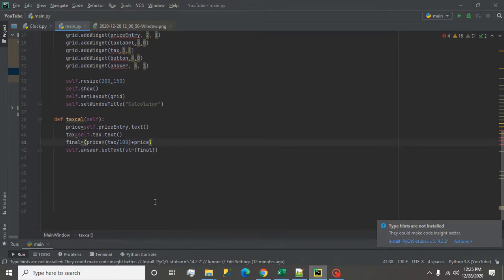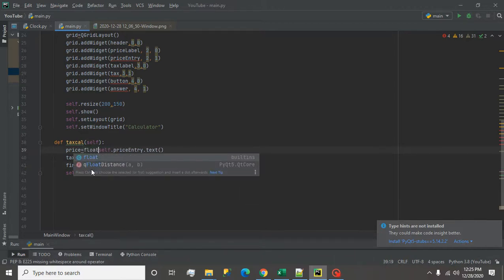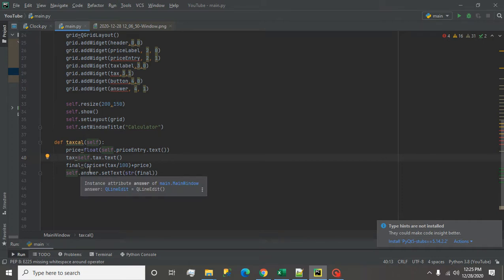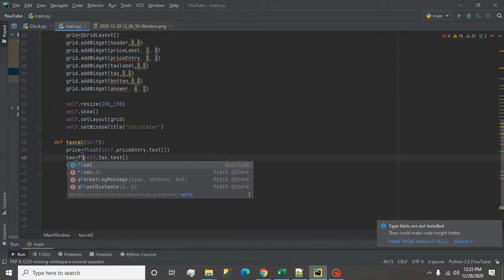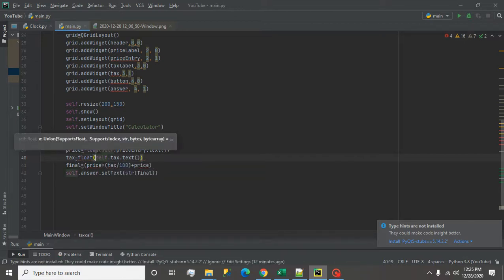And one more thing we missed, we have to change this into float. We have to do typecasting here. So I write float, and the same for this also. Okay, and here also I do the same thing. So this is the function.